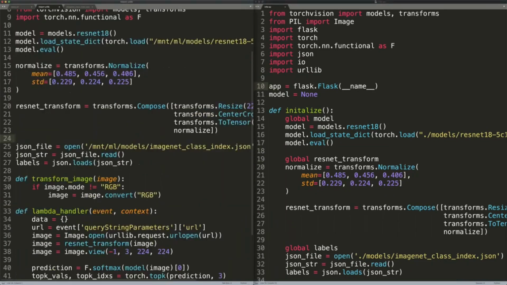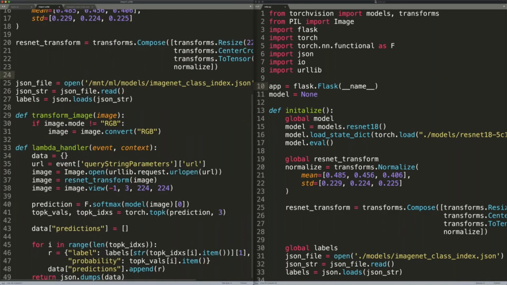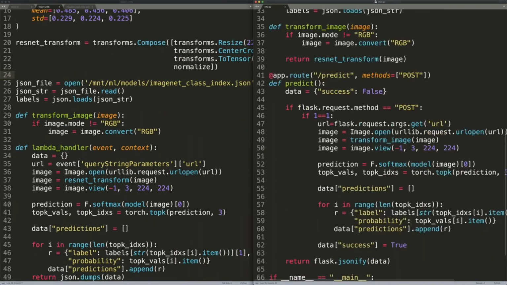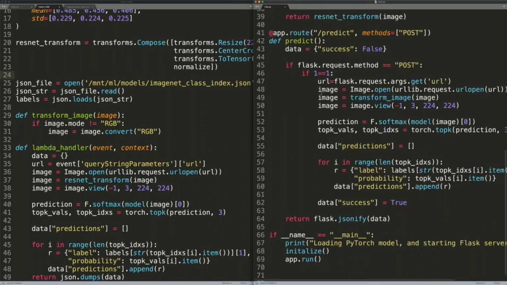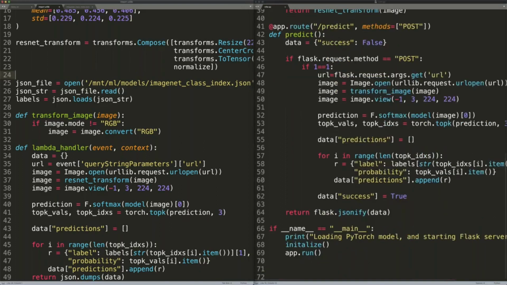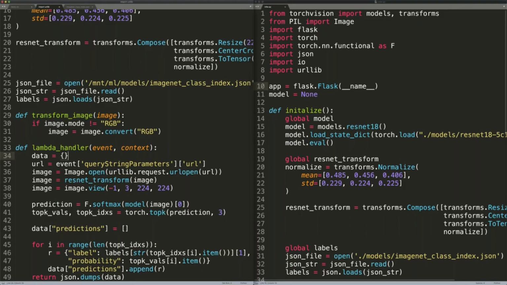So obviously, the post handler that is there inside Flask has been converted into the Lambda handler. Everything, the core logic of transforming the inbound image and then performing inference, remains the same. It's just that we moved away from Flask to a Lambda handler. Perfect.